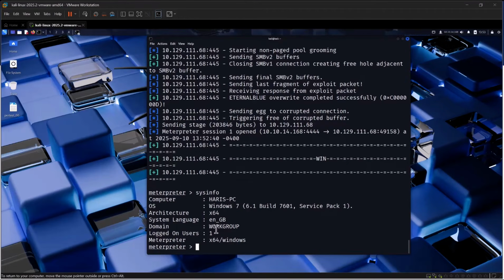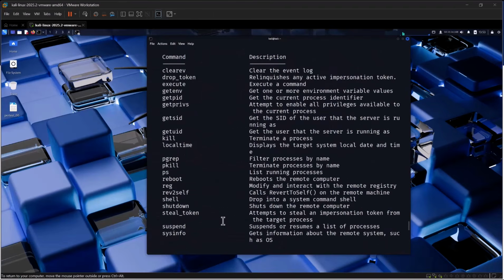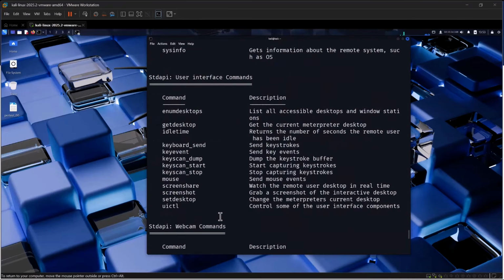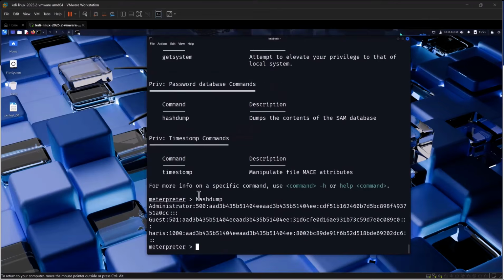I'm not a big fan of necessarily Meterpreter because of the commands, right? And it's more you have to learn. Of course, you can hit question mark to tell you all of the different commands that you have. So it has a lot of really cool features for sure. Personally, I do like, and you can see second from the bottom, hashdump. So that pulls, you can see the local accounts that are on the machine, their ID,